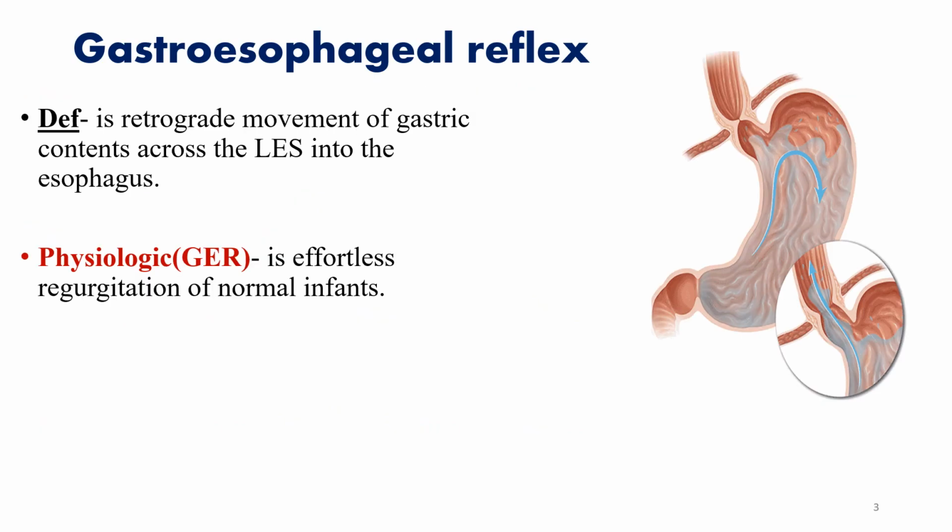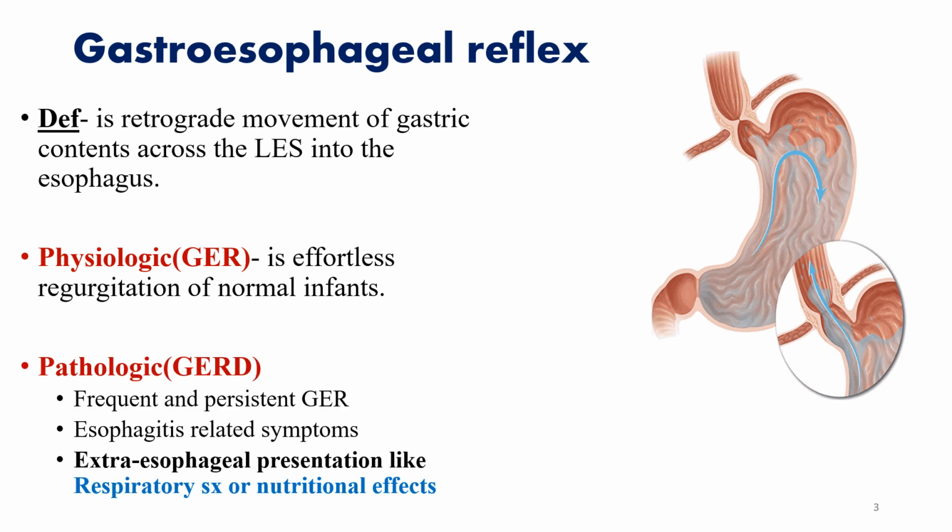So as we have said, gastroesophageal reflux is retrograde movement of gastric content across the lower esophageal sphincter into the esophagus. When it is physiologic, when it is just a regurgitation, it is an effortless regurgitation of a normal infant, whereas when it is pathologic, it is called gastroesophageal reflux disease. In this case there is mucosal damage, so frequent and persistent reflux is there. There is esophagitis or damage to esophageal mucosa,